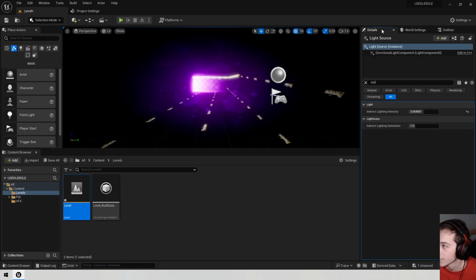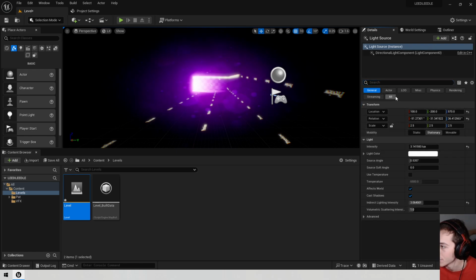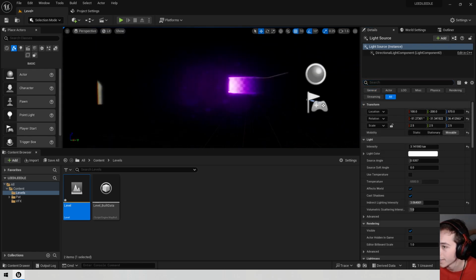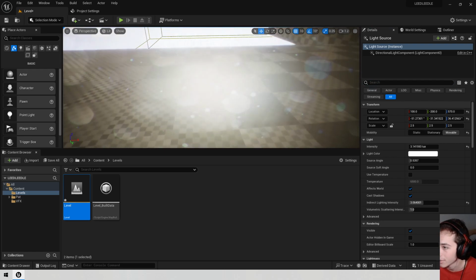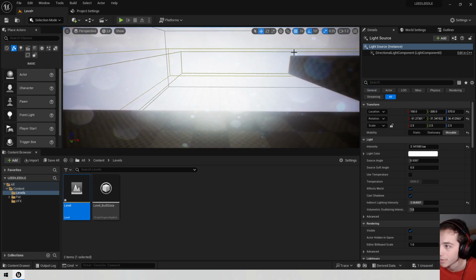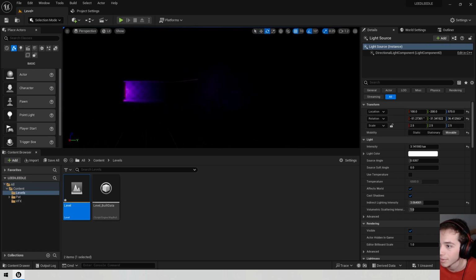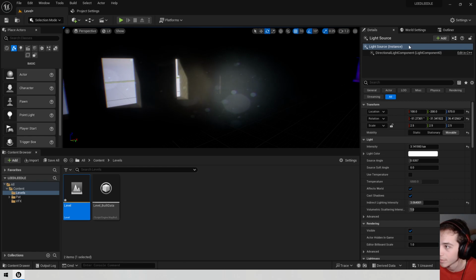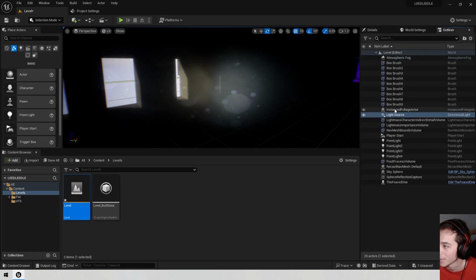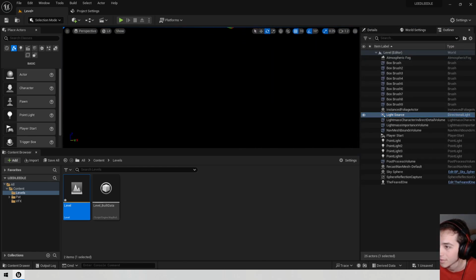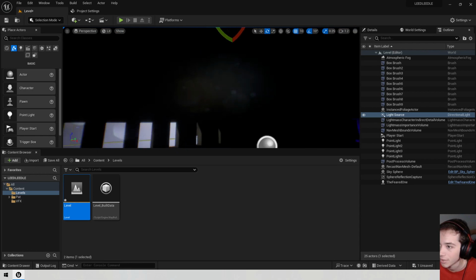Oh, that's why, because this isn't set to movable. Here we go. If I just set it to movable, now the light is actually being software ray traced. Very cool. If I rotate this a little bit as well, there it is. If I give that some rotation,